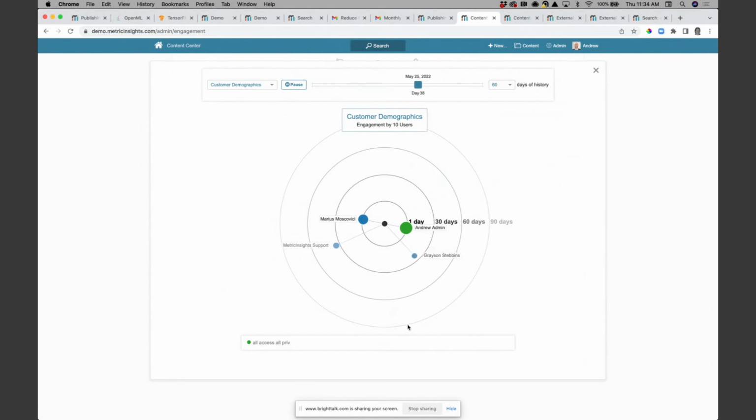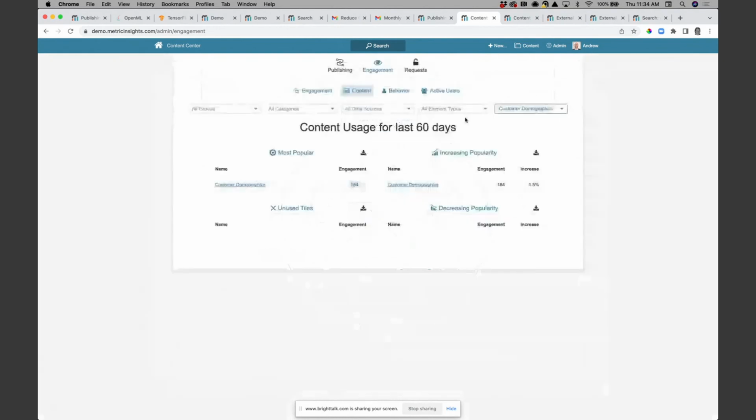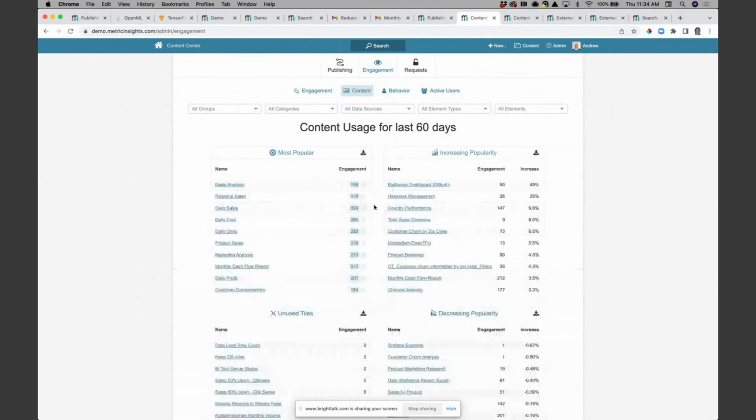So you can look at these engagement patterns and start to understand whether something is still relevant to the organization and see that, yes, people are coming in and using it still. So it's something that's probably still relevant. So usage is one indicator of whether the asset, the model, the analysis is still relevant.